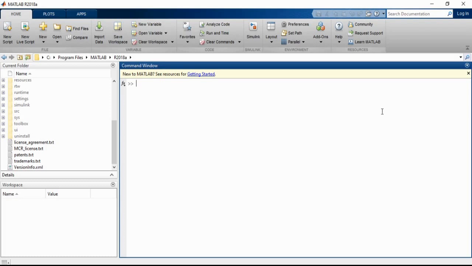Welcome to the next video in the series of MATLAB and its applications. In the last video we discussed the MATLAB user interface with different options and different windows in the main MATLAB window. So all those things we have discussed. Now in this video we are going to see the basic things in MATLAB, on how to create